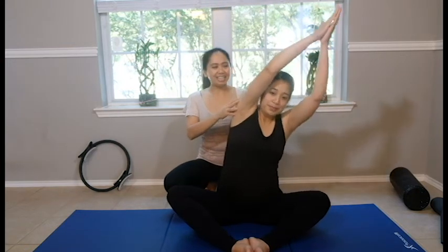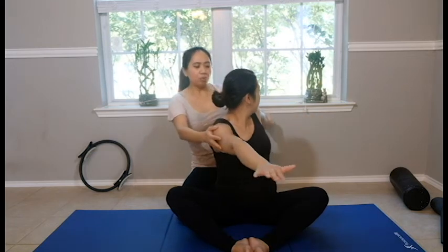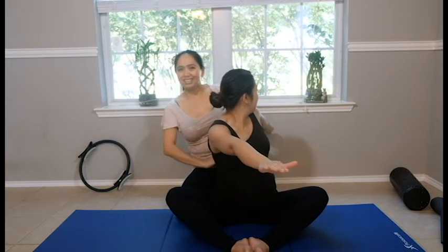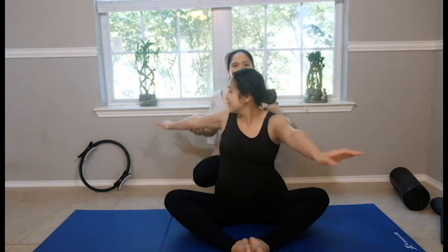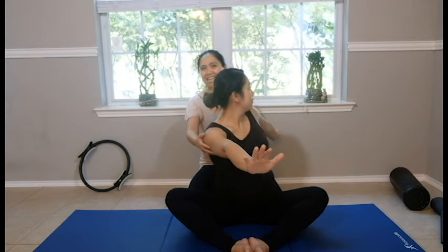Last one, you take a deep breath and down, blow to the center and twist. Even though we did the mermaid stretch earlier, it feels different with your feet together like this, right, Elna? It feels a different kind of stretch. It's a little bit more pull on your back, but it's a good one as long as no pain going down your legs. If you're having sciatica and some low back problem, just be careful on these exercises. But for those who are just a little bit muscle aches and pains, it's okay to do this gentle, simple